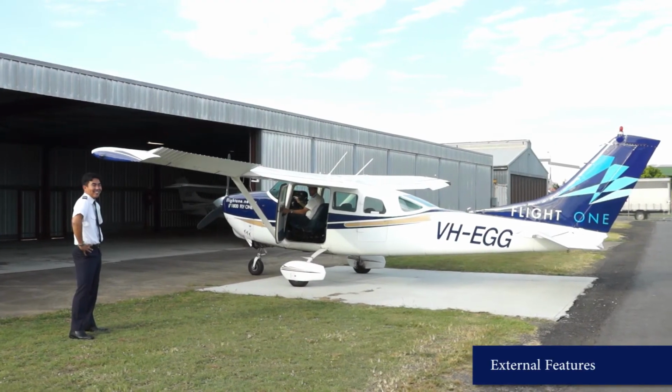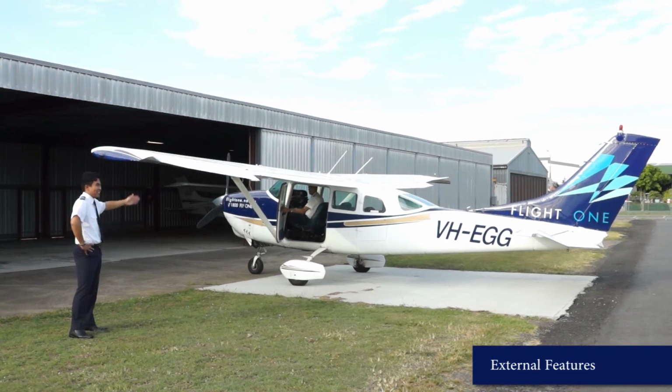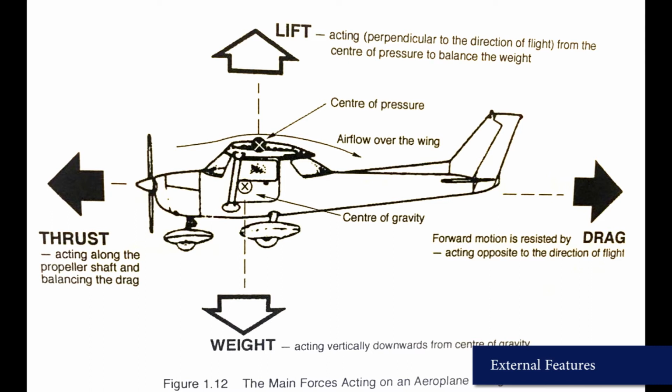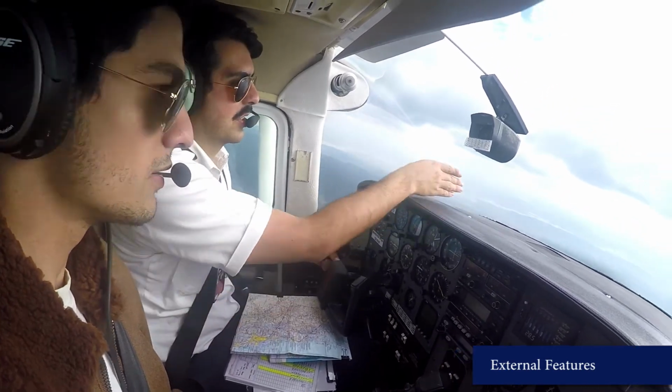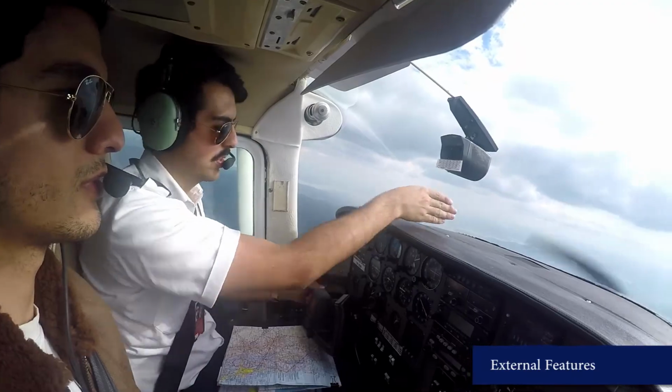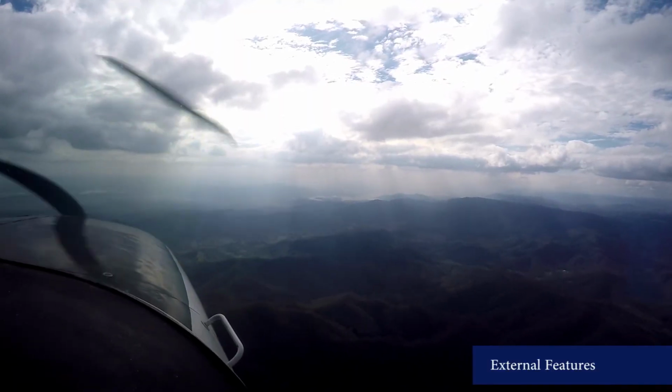The aircraft's wing design features a straight leading edge and tapered trailing edge. The high wing feature of the aircraft means the aircraft is generally less likely to naturally enter a spiral dive. As the cabin mass sits below the wing, the centre of gravity is low in relation to the centre of lift. In this configuration, the fuselage acts as a pendulum, encouraging the aircraft to level flight. This particular wing configuration also allows for unobstructed visibility around and below the aircraft, as well as greater ground clearance,